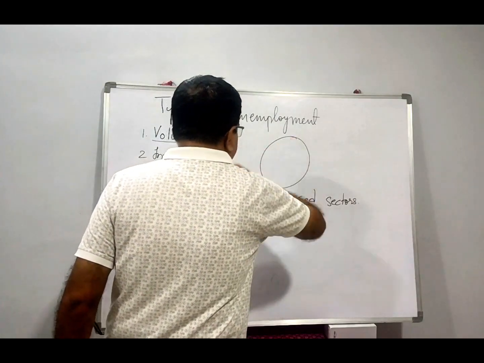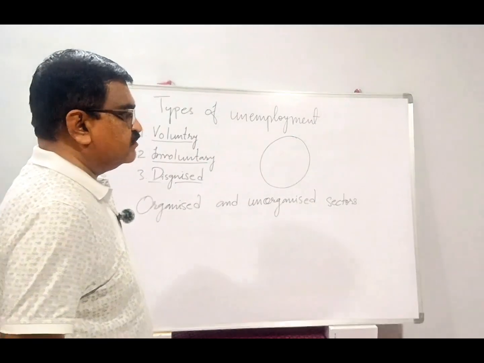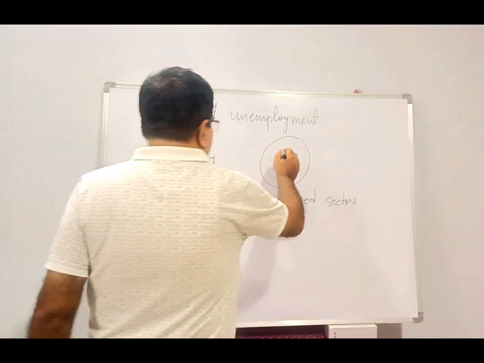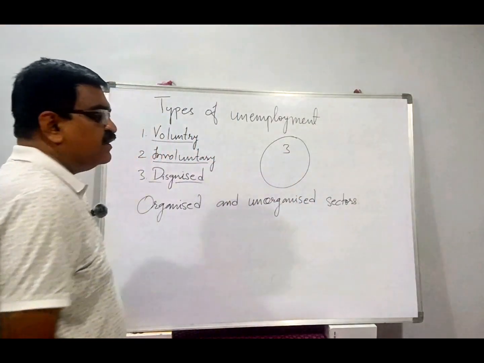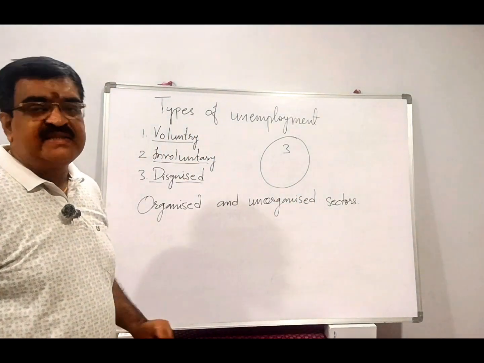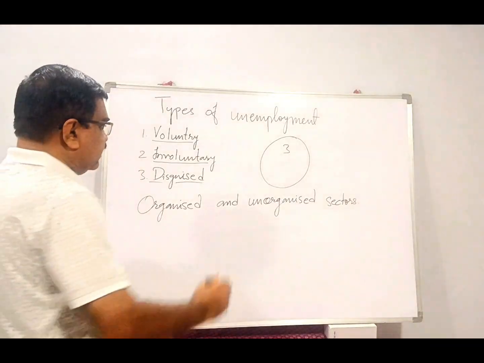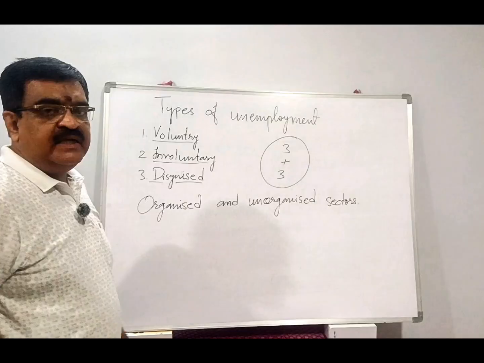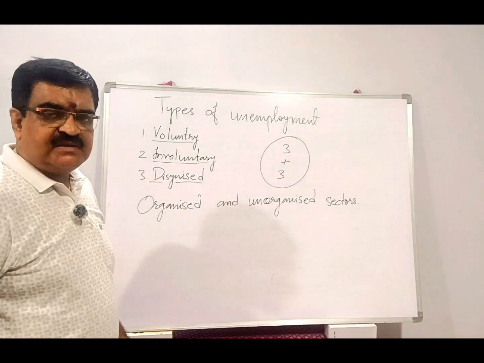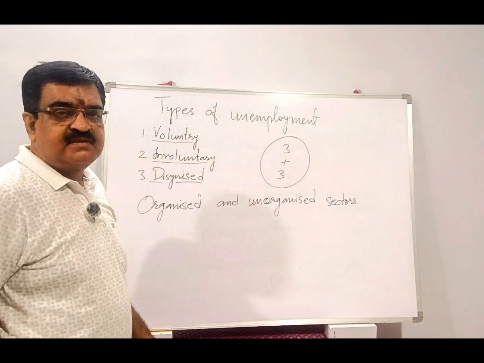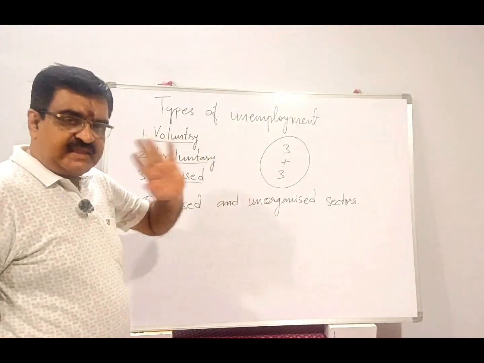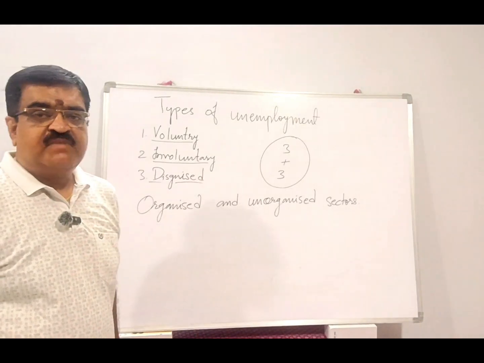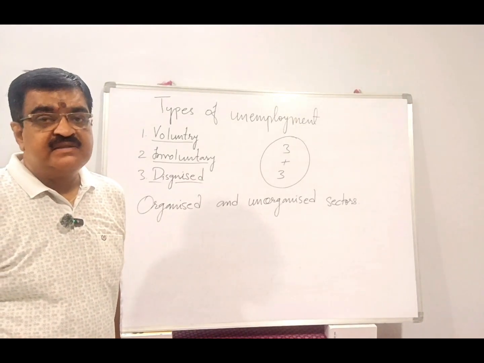Suppose one farmer has this land. To grow any type of crop in this land, only 3 members are required. To work on this field, how many members are required? Only 3. But instead of 3, more members are involved, because these are family members. Only 3 members are sufficient to grow any crop on this land. But how many members are employed? 6 members are employed.